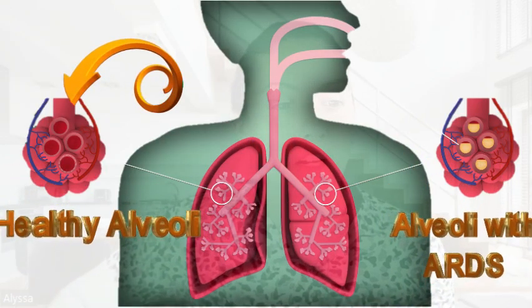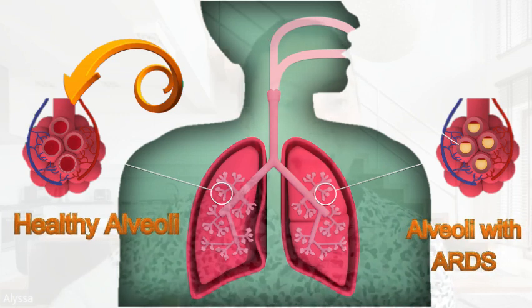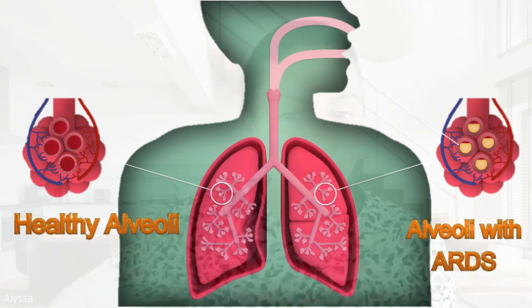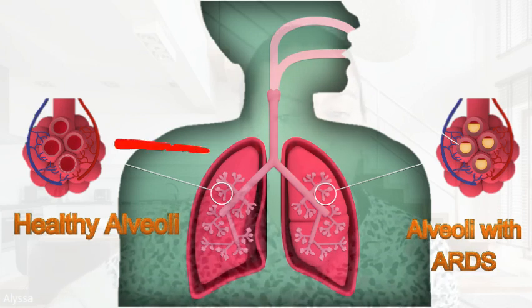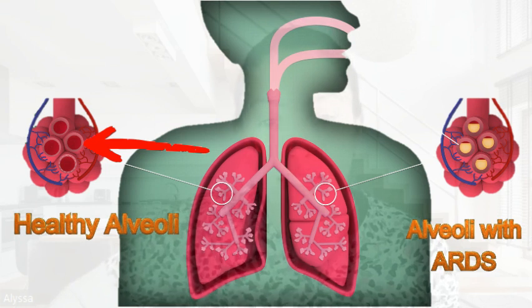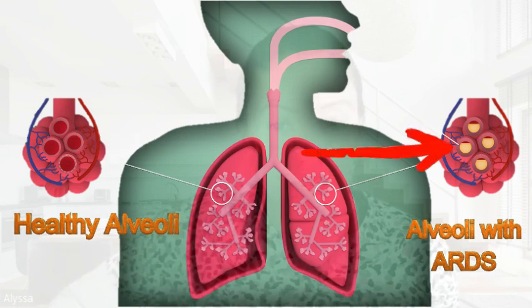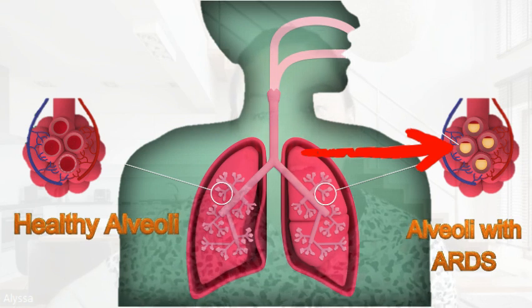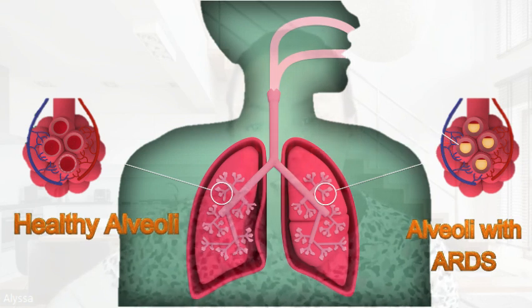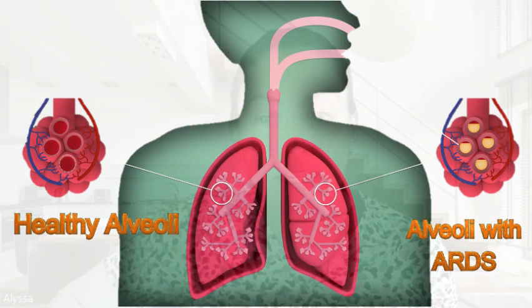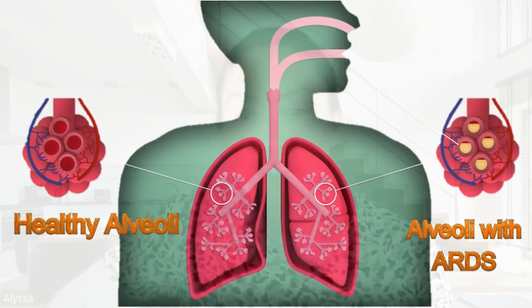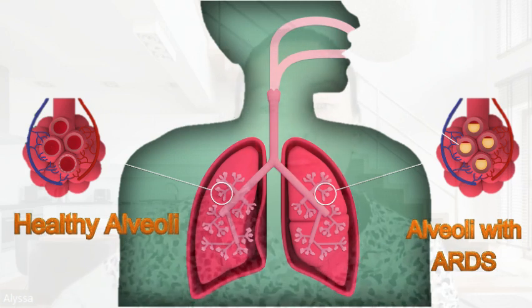So as you can see here on the left-hand side, this is healthy alveoli. There's no fluid inside them. Now, look at the walls here, the thickness of the walls. Just look at that for a second and come over here. You can see that the walls are thickening and there's fluid inside of the alveolar sacs. And right here, this is where gas exchange is going to happen. So you can see there's so much fluid in here that not enough gas exchange can happen to properly oxygenate